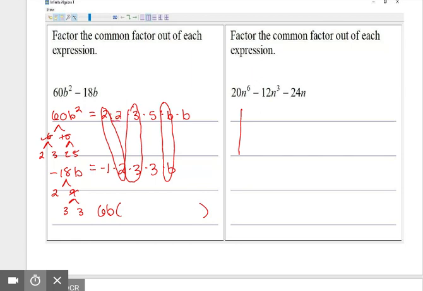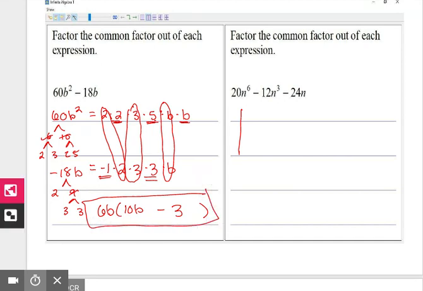And then I look at what's left. Okay, for the top one, I have 2 times b times 2 times 5 times b. That's 10b. And on the bottom one, I have negative 1 times 3. Negative 1 times 3 is negative 3. And this would be my factored form. Okay. With the second one,